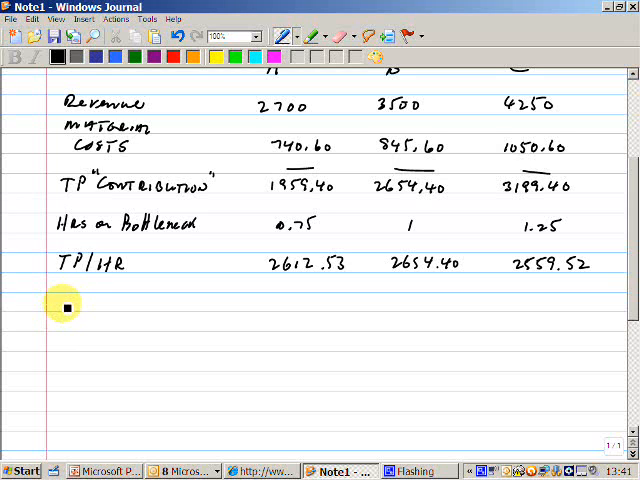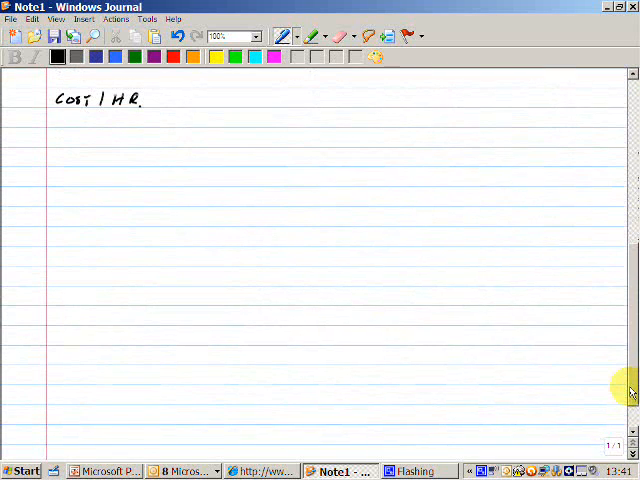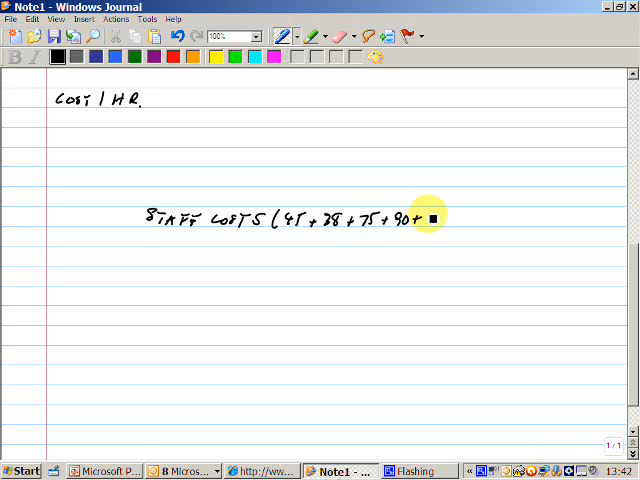I need to have a look at the cost per factory hour. So the cost per hour, per hospital hour, what might that be? Well, let's just come down here a little bit and have a look at that, because what we've got is our staff costs. So remember, all costs other than material are considered to be fixed. So the staff costs here will be 45,000 plus 38,000 plus 75,000 plus 90,000 plus 50,000. So that comes out at